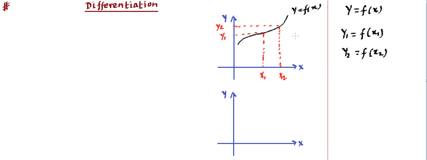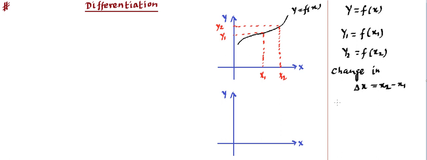Now if someone wants to read change, change in values can be understood as follows. If we are talking about change, we will always ask: change in what? Is it change in x, or change in y, or in what parameter? Let's say we are talking about x. In these 2 points, the change in x we can write as delta x. The delta term is used for change, and this delta x is going to be equal to x2 minus x1. So x2 minus x1 will be the change in x.